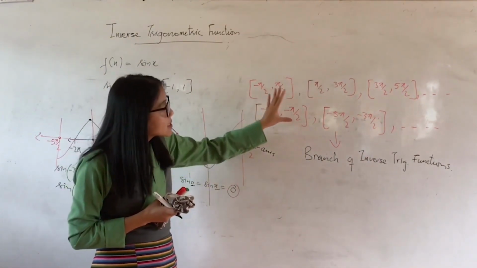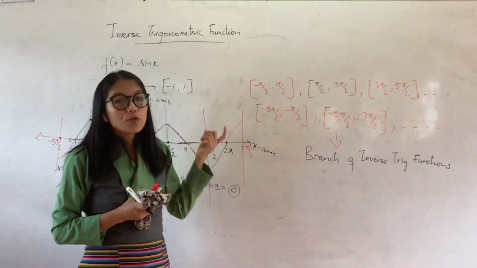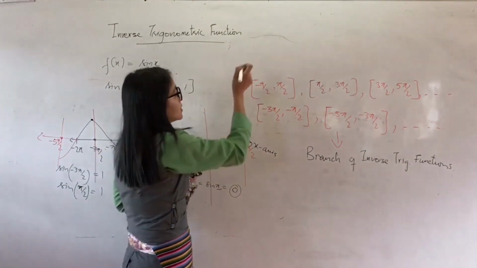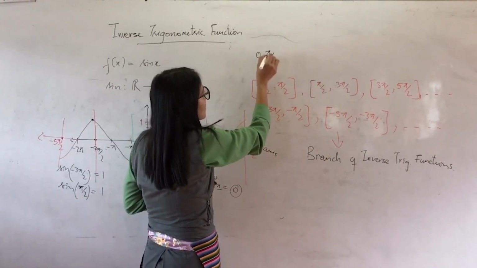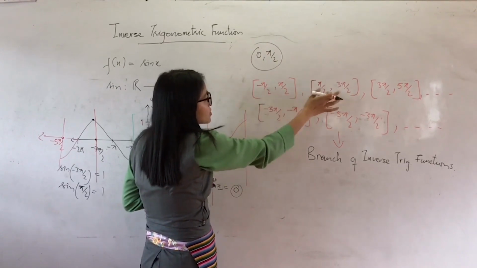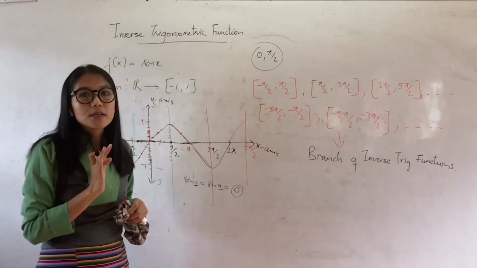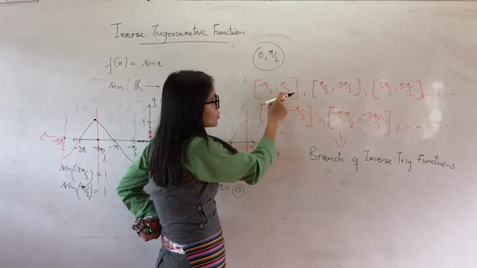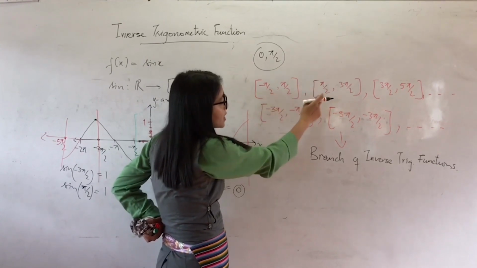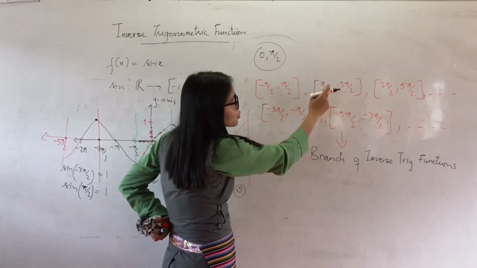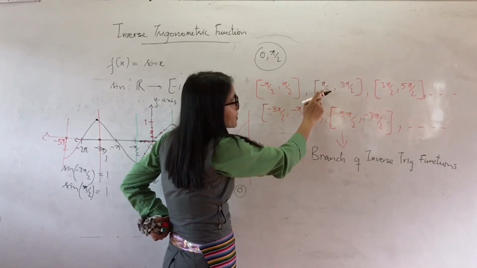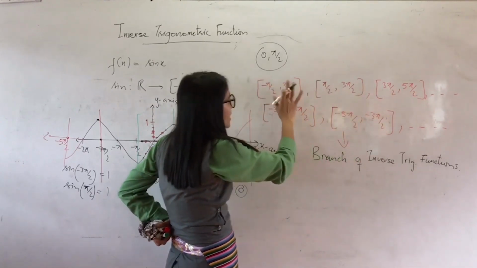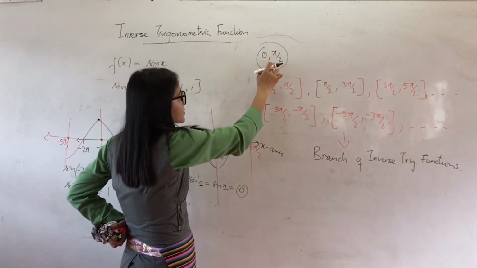Okay, now out of these intervals, can you look for that interval in which the first quadrant is included? First quadrant, you know, is 0 to pi by 2. So in this or this or this, in which interval is this first quadrant included? Check. So this is fourth quadrant to first quadrant, which means in this we have 0 to pi by 2. In this interval we have pi by 2 to 3 pi by 2, right? This is second and third quadrant. This is third and fourth quadrant, right? So like this. So now here you can consider this.